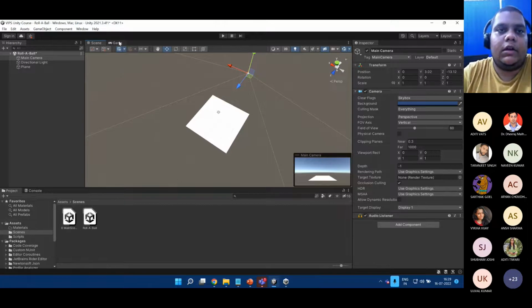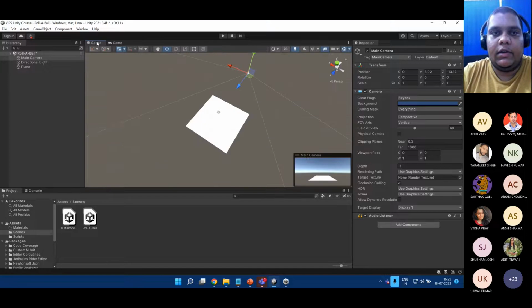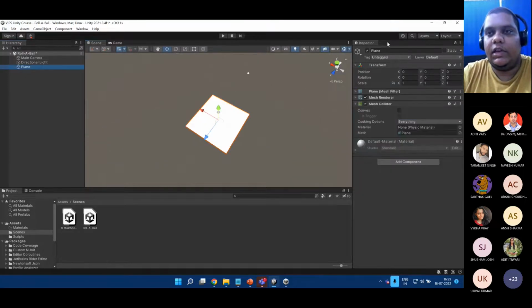So as you can see, in comparison to the terrain, the plane is comparatively very small, and you can see the whole plane in one view of your camera, right? So this is something that we want for today, and this feels right. So let's change the name of the plane to ground, and there are again a few ways that